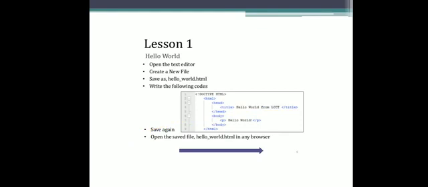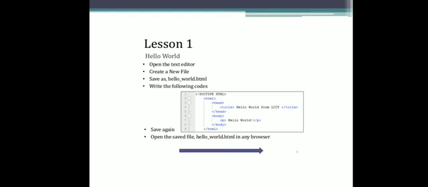Once the Notepad editor opens, open the text editor, then create a new file and save that file by using filename.html. In this HTML program, if you want to save the programs, you should use an extension called HTML.